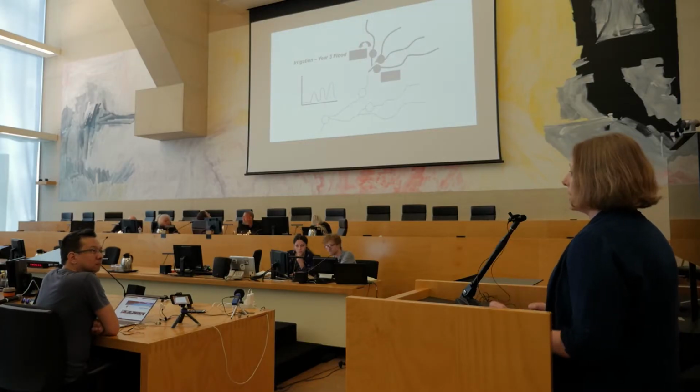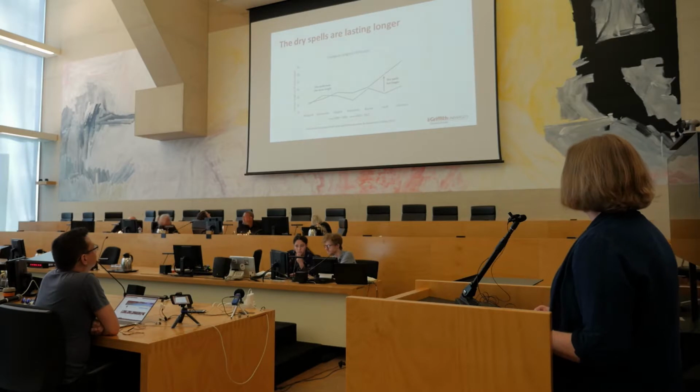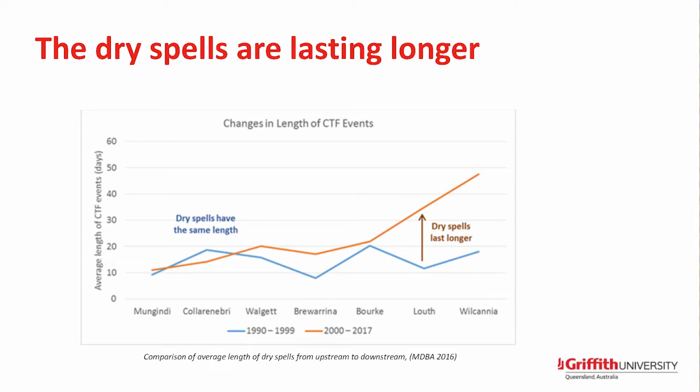I'm a bit catastrophic with my graphics, but most of the water tends to get stuck in the system, and the floodplain water bodies downstream don't tend to get the water, and the water never seems to move down. So this is why when you start looking at things like the dry spells, as you move further down the system, on the x-axis, the bottom of this graph, you've got Mungandai, which is way up in the top, down to Wilcannia at the bottom. The period of dry spells gets longer as you go down because the water gets stuck in the upper part of the catchment and just doesn't get through.